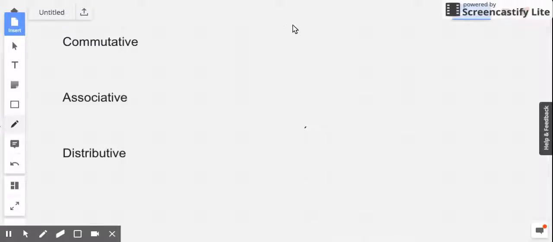This is our second supplementary video, and we're going to be talking about three properties of operations in this video. We're going to start off talking about the commutative property. Addition and multiplication share the commutative property. In addition,